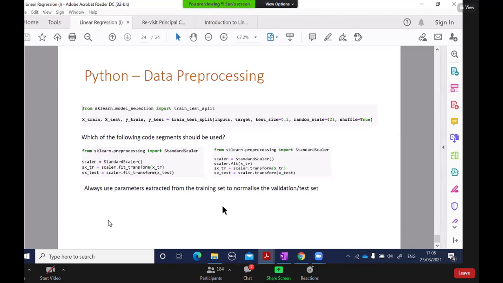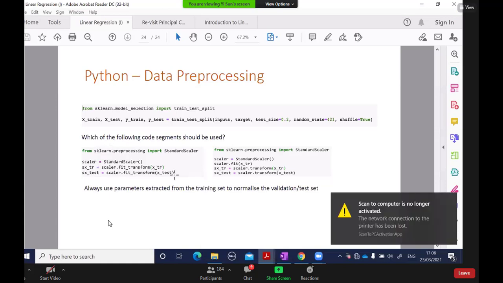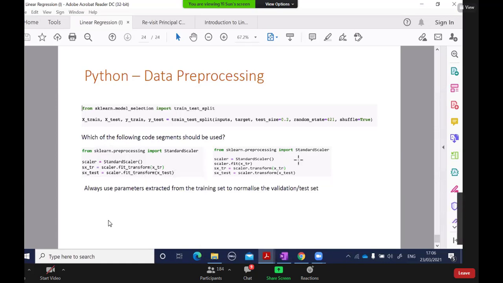On this Friday, I will talk a little bit more about how we split our data set. If you are given a data set, you need to split it into two parts, the training part and the test part. And then we do normalization. On the left-hand side here, we do normalization. Have a look at here. We call fit and transform in one line for the test set, fit and transform.